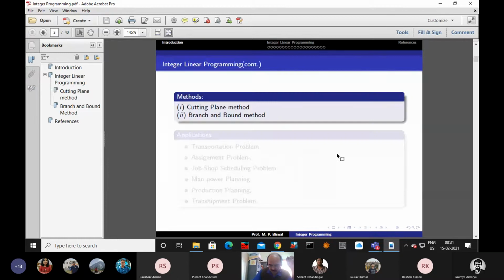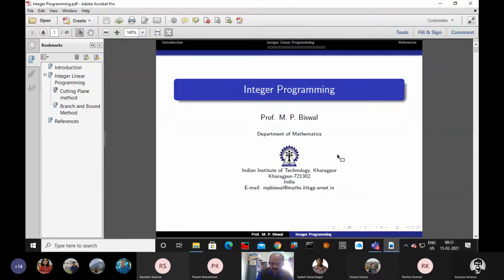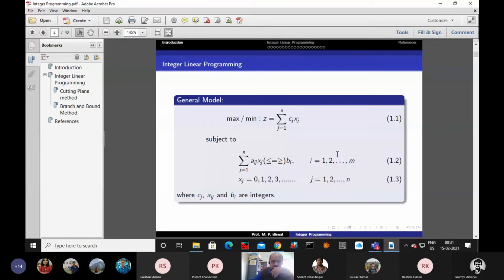Let us know the statement of a linear integer programming problem. When you say integer, the decision variables are integers. The model is a linear programming model. The objective function is either maximization or minimization type, that is z equal to summation over j from 1 to n of cj xj, a linear function, subject to constraints. Constraints can be less than or equal, equal, or greater than or equal type. In general, for minimization we consider greater than or equal type, and for maximization we consider less than or equal type.